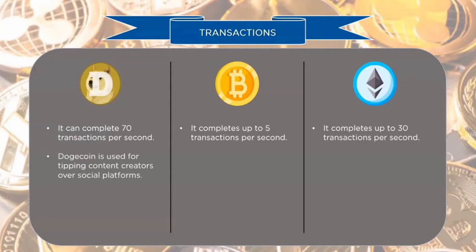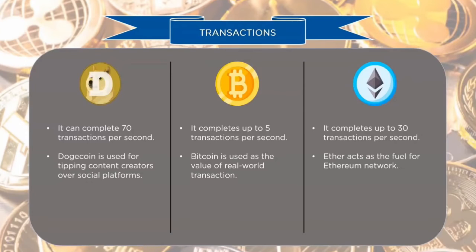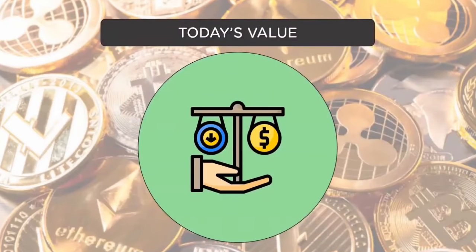Dogecoin is majorly used for tipping content creators on social platforms like Reddit and Twitter. Bitcoin is only used as a superior alternative for fiat money and is used primarily for real-world transactions. On the other hand, Ether, the currency of Ethereum, acts as the fuel for Ethereum networks. Now that we have covered all about the transaction process of these cryptocurrencies, let's have a look at the value of